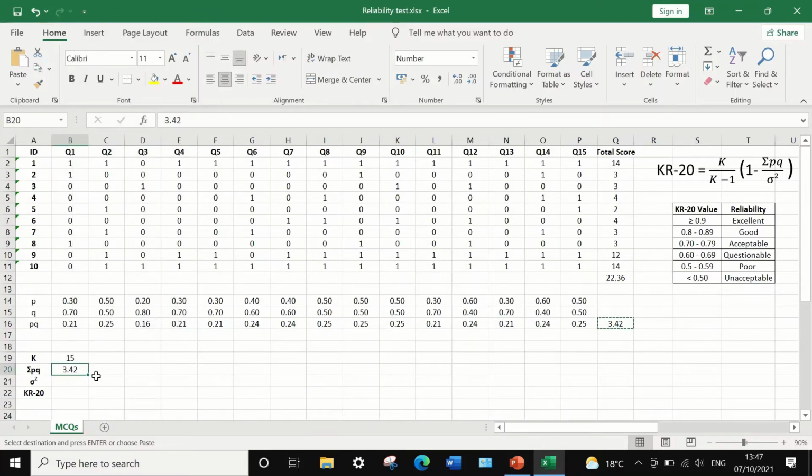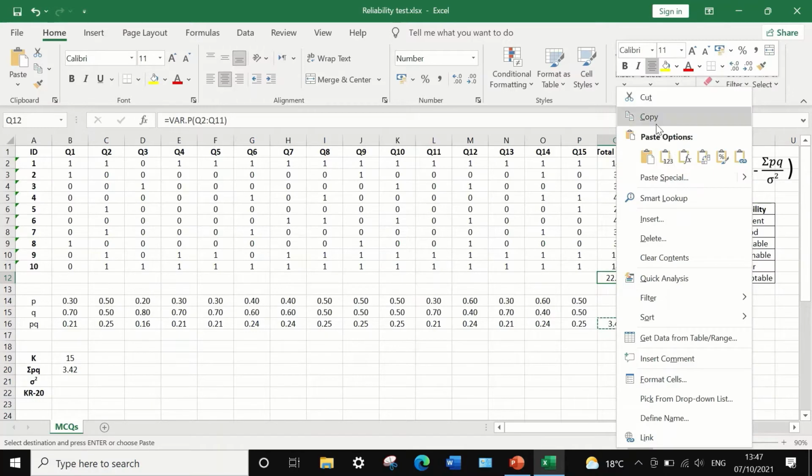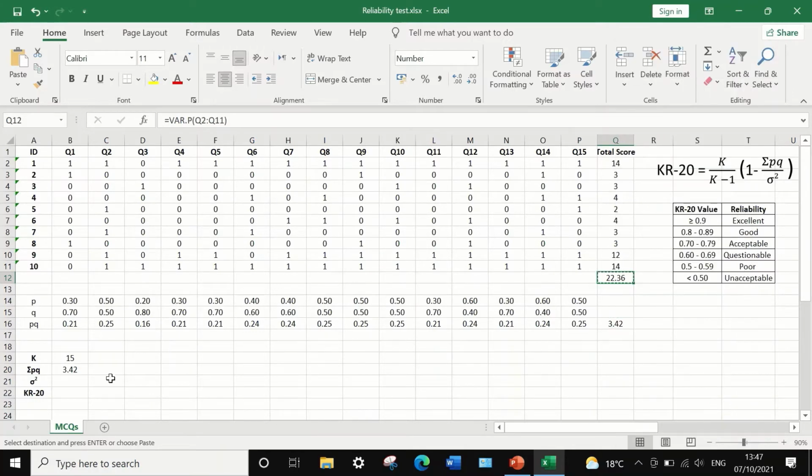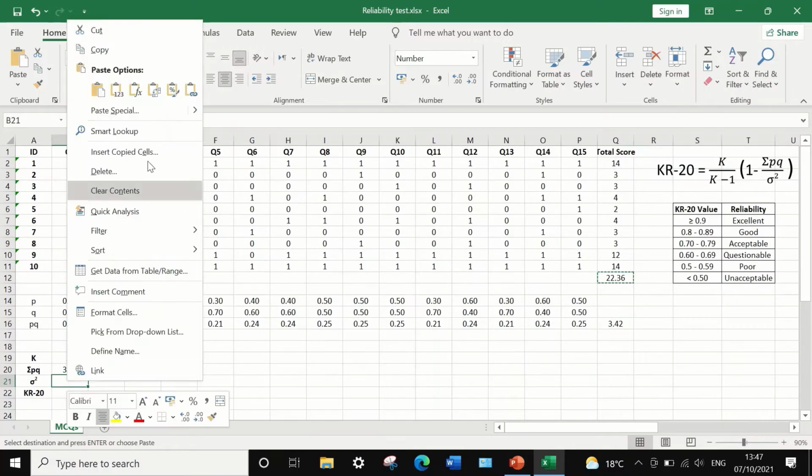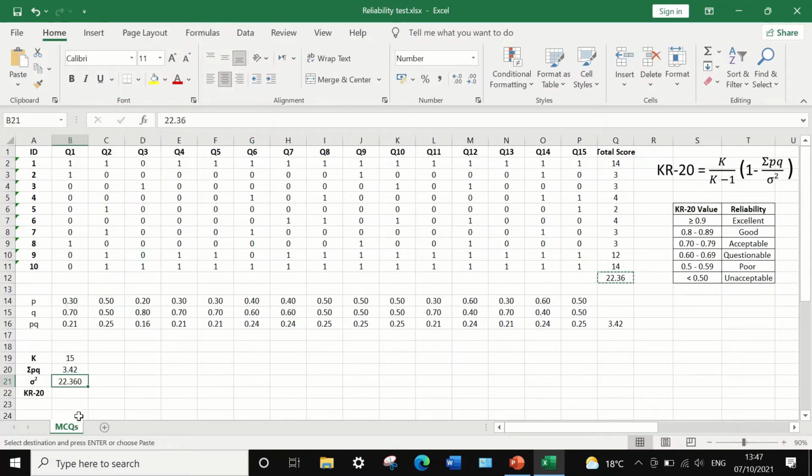And for the variance of the total score, we have the variance here. I'm going to right click, select copy, and then place that in this cell as we saw here. Now to calculate the KR20,